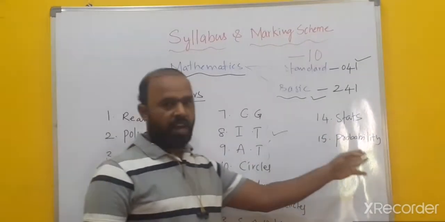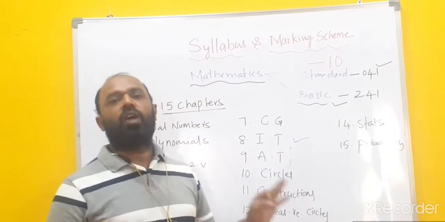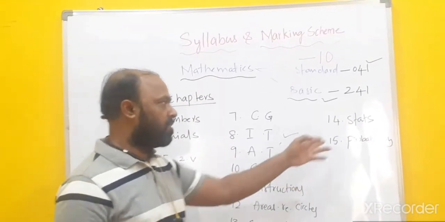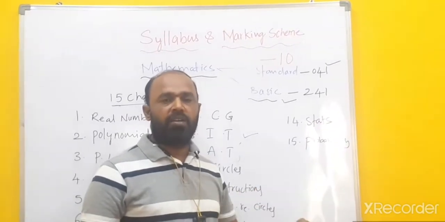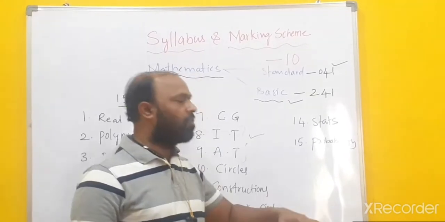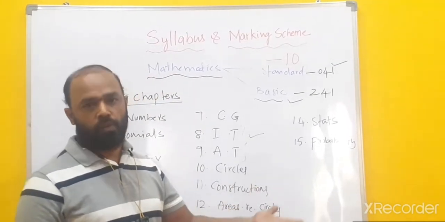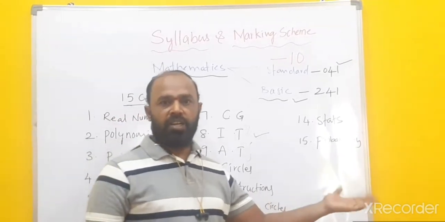And next one is stats. Stats you had last year, just a little. Now it is extended here, using only the application. We did the introduction and definitions in class 9: mean, median, mode. Now we have the formulas. Using the formulas we have to find mean, median, mode and the frequency curve. That is what you did in class 9.